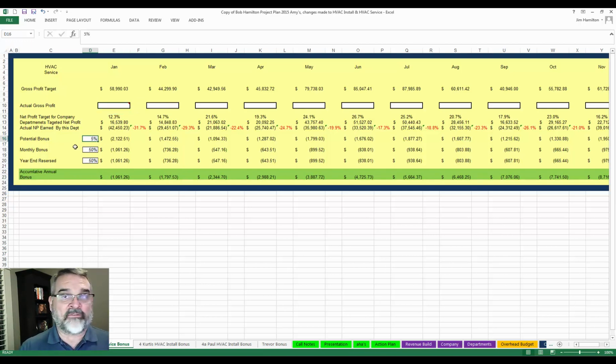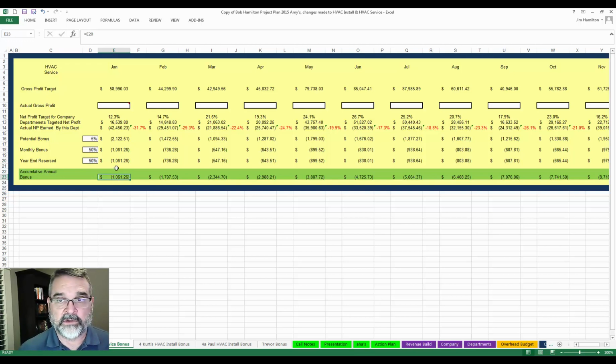We decided to pay 5% of this department's net profit. This manager has a potential to earn 5% of all of the net profit, everything above zero, everything above break even. So if there's $1, he gets 5 cents. And he gets that split out in 2 ways. 50% of that bonus is going to be paid in the month. Now that bonus will not ever be clawed back, but the other 50% is going to be put into a pool that is going to be a cumulative annual bonus,